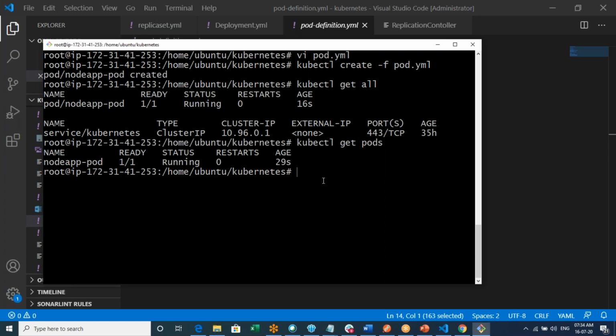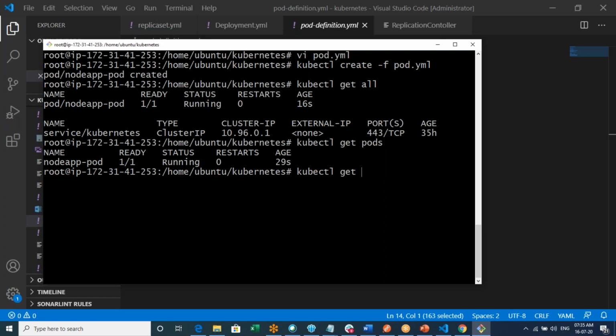Okay, so this is how we can get the pods. kubectl get all will give you everything. Then there is something called the describe command.